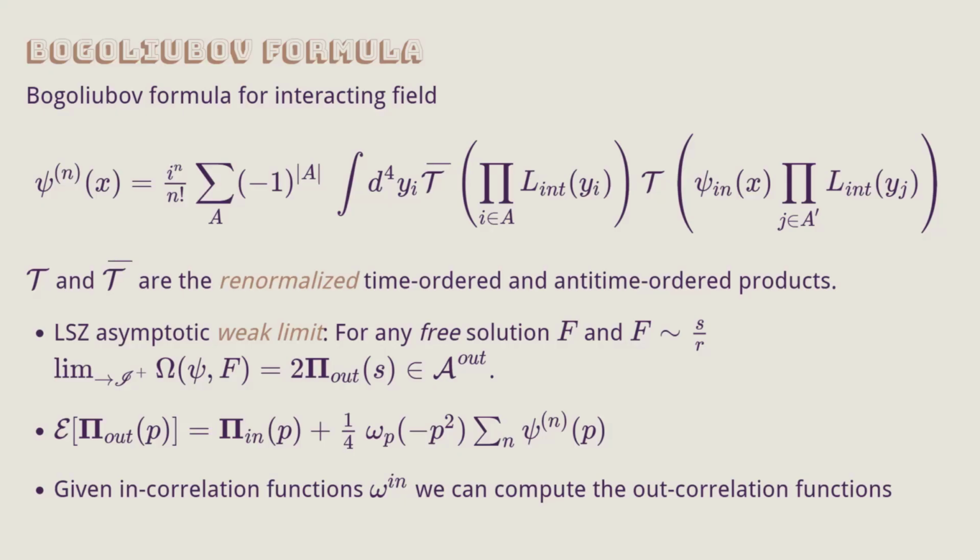Shouldn't I think of some combination of them as being the creation operator? Or the annihilation operator, shouldn't it have been phi plus i pi or something? On a null surface, you don't have two independent fields. That's exactly what I'm saying. On a space-like surface, you're right. There's a pi and there's a phi, and you take some phi plus i pi or something. What do you mean you don't have? Where does the other one go when you take the limit? The other one is there. If you take its time derivative, you get this. But the time derivative on null infinity is already tangent to null infinity. So you only need one of the data. You don't need both.